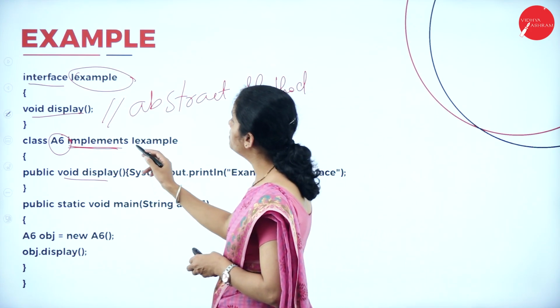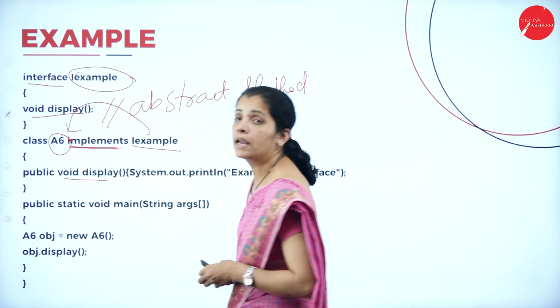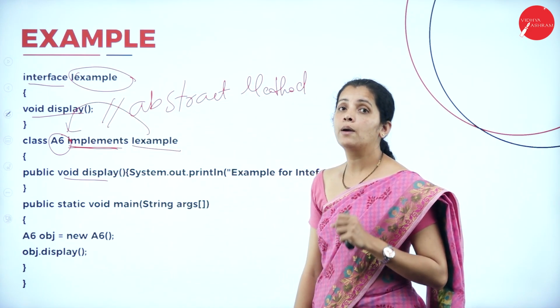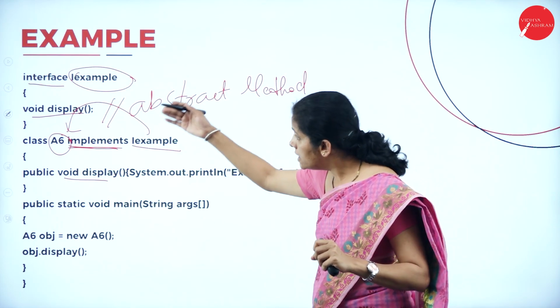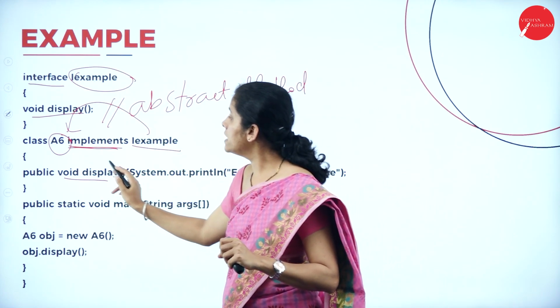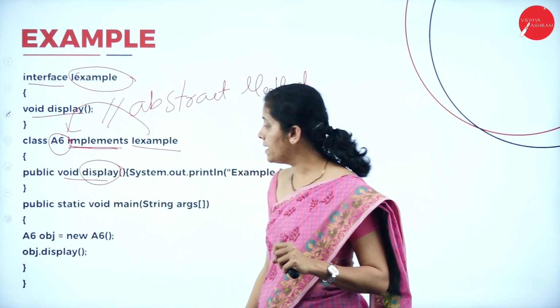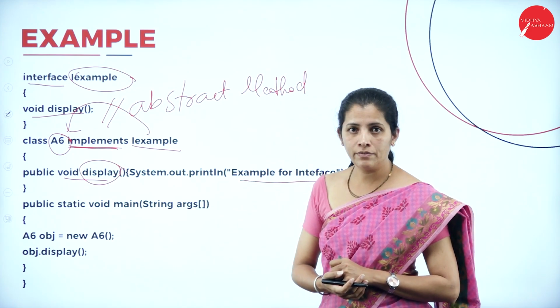So I'm going to implement example in my class A6, and I'm going to write the method body inside this class. And what is my method name? That is display,